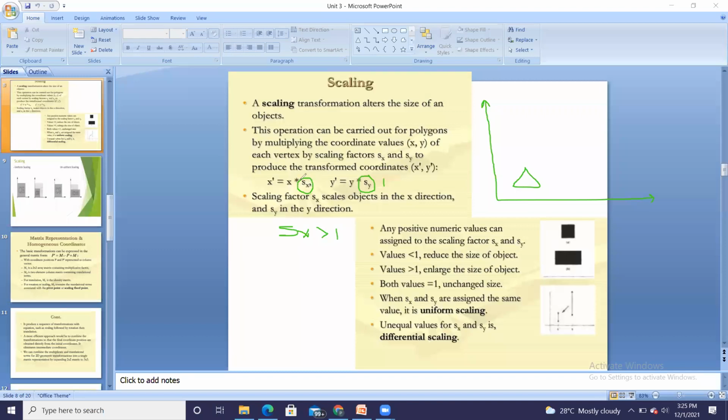Otherwise, what will happen if Sx is less than 1? Suppose Sx is 0.5. Then what will happen? X will become half. So it will be a reduction. But when I want to expand it, then